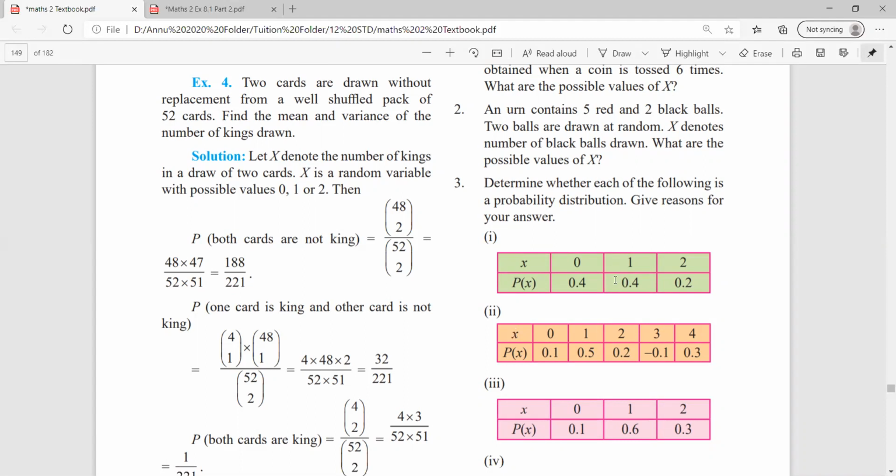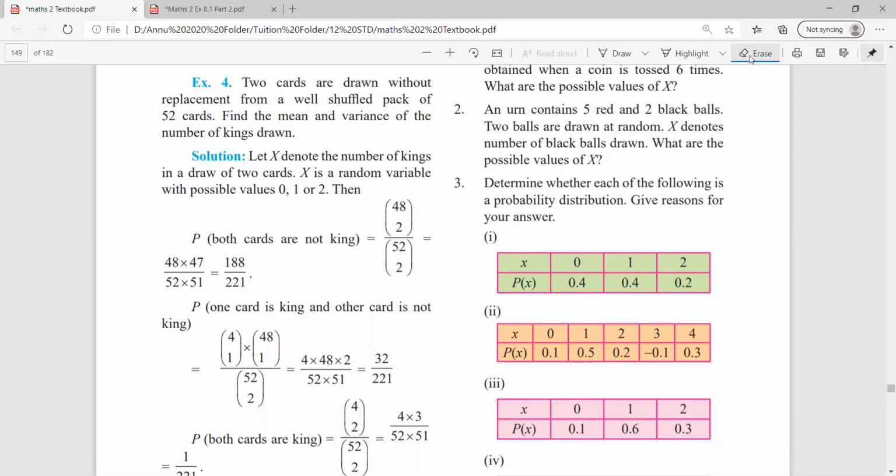दो conditions satisfy होनी चाहिए. The very first condition is the total of probability of x, that means this particular column, as you can see, should be 1. इसका total 1 आना चाहिए. And the values of probability of x, individual values, should be either 0 या 0 से बड़े होनी चाहिए. तो orally first you let me know class, इस column का total कितना आ रहा है? Correct, you're getting 1.